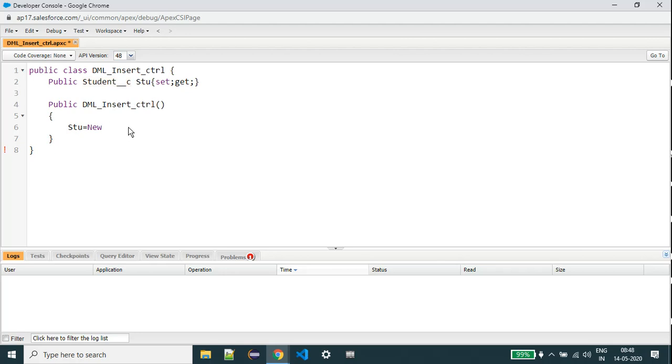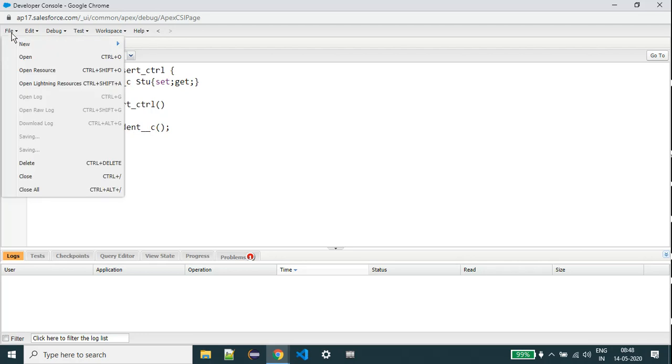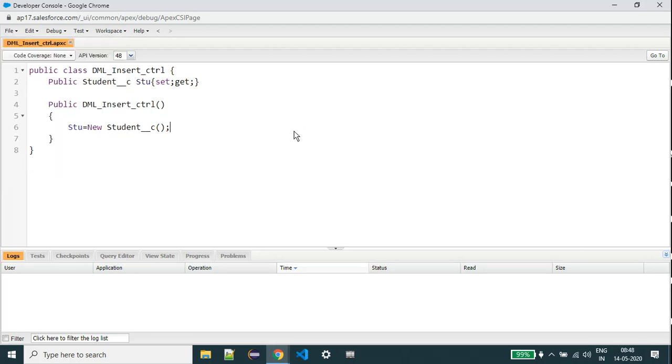New student. Save. Now, this is the set and get, the setter method and getter method. I will explain once we define this.